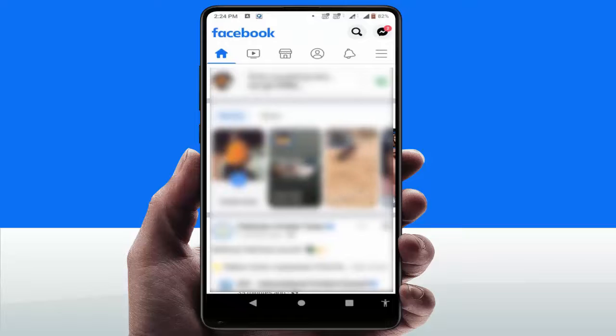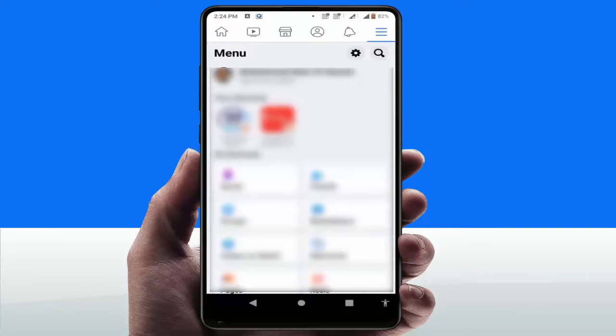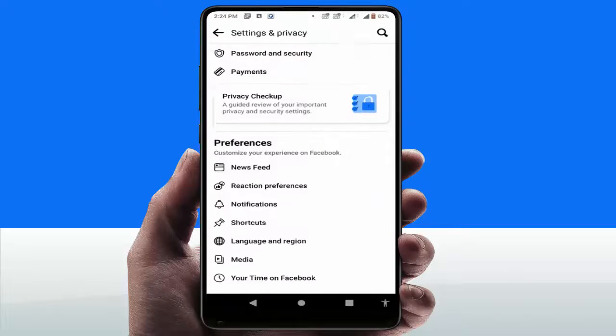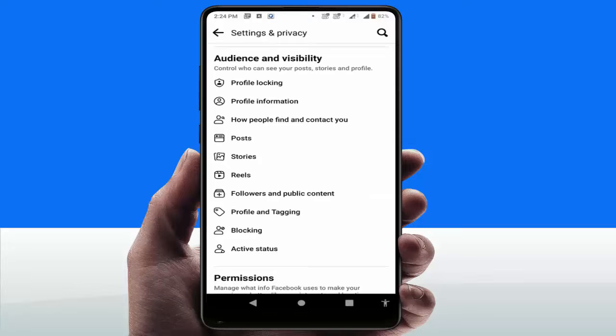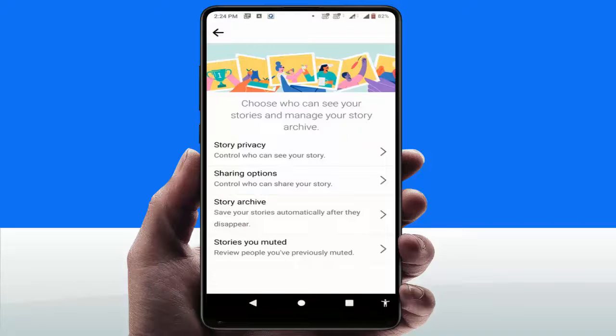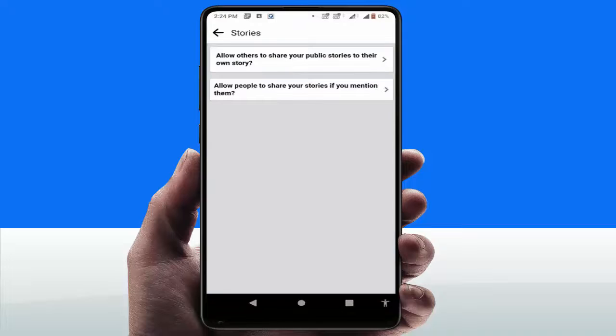So first, in the top right side corner you can get three lines. Just tap on it. From here you can get one settings gear icon. Just tap on it. Okay, in the settings, guys, scroll down. Here you can get the stories option. Just tap on it, and here just tap on sharing options like this, and here you can get the option